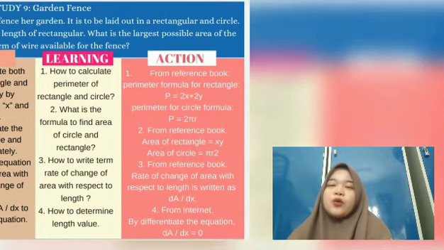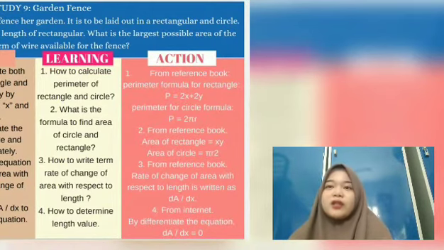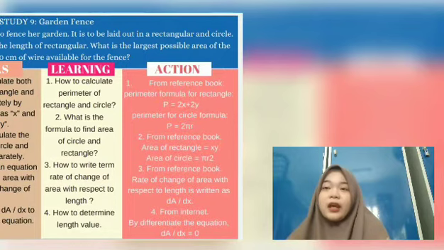Next is learning. First, how to calculate perimeter of rectangle and circle. Second, what is the formula to find area of circle and rectangle. Third, how do we write the term rate of change of area with respect to length. And the last one is how to determine length value. For the action,